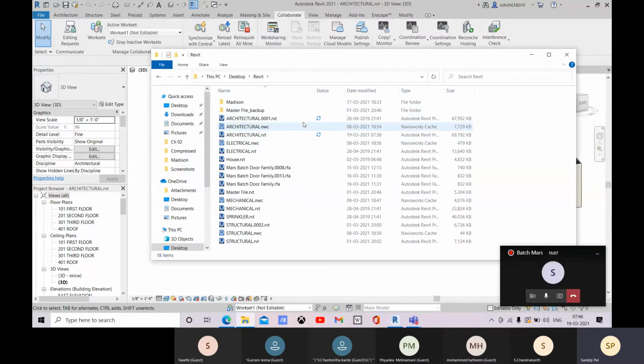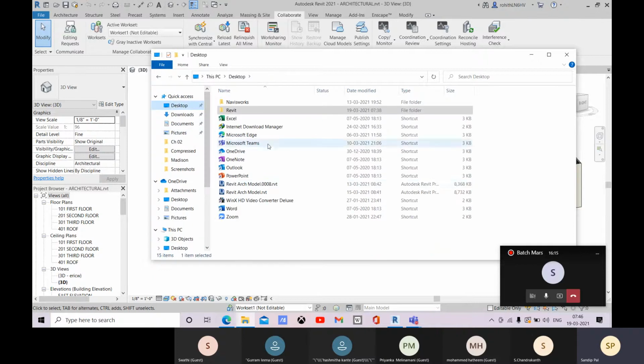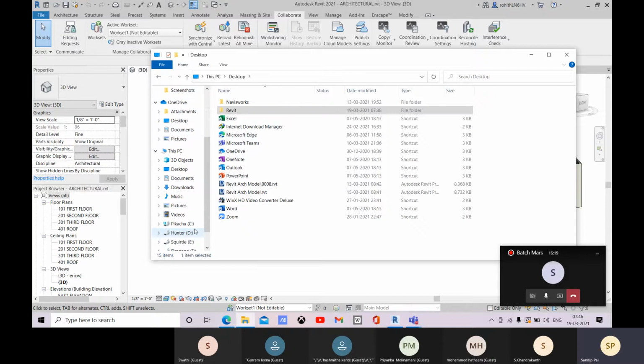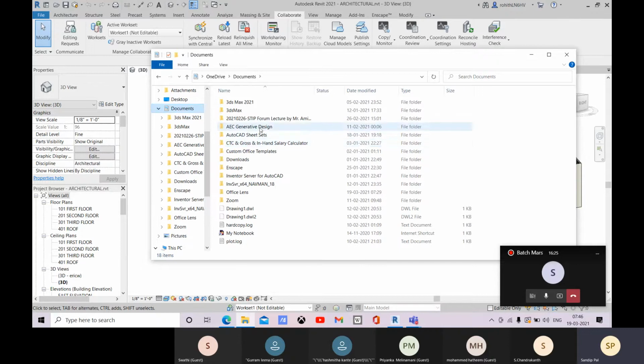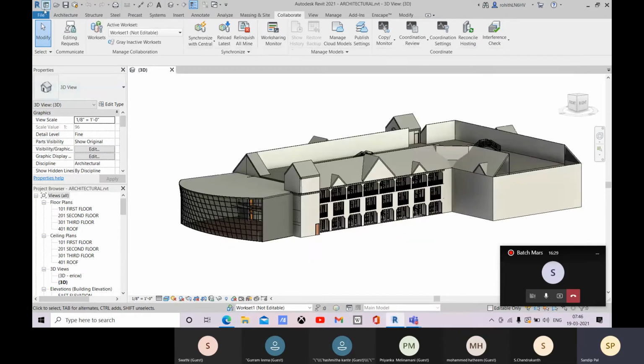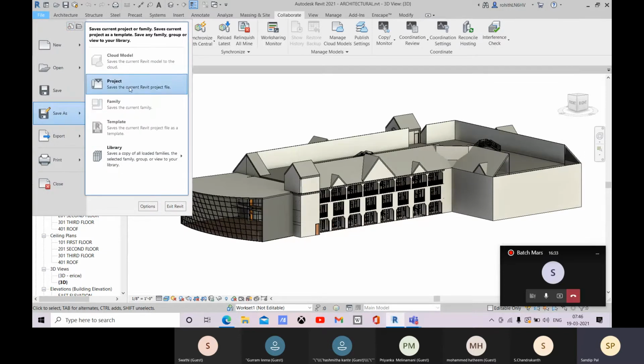So here is this architecture file. Let me come to this documents. No, so let me go for save as. So let's go for save as.